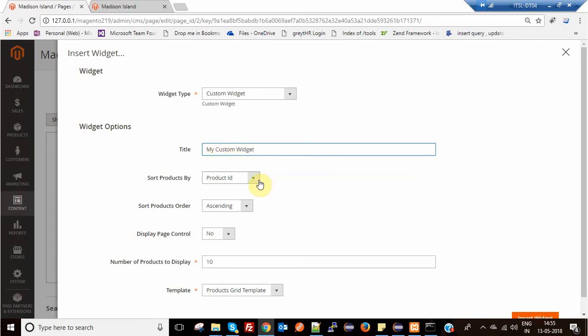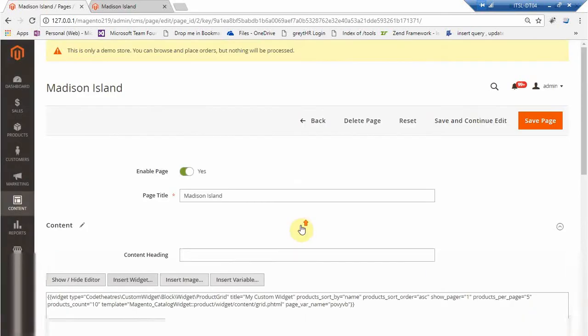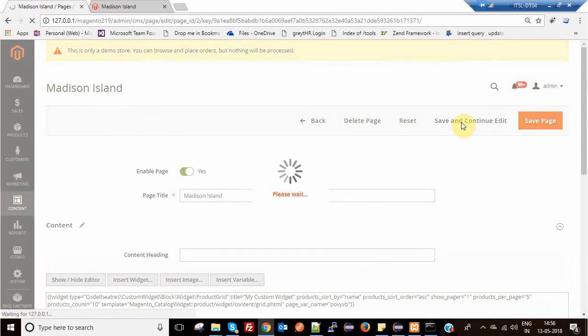So this is the name of that particular section, and I've told you that by default the ID has been selected, sort products by. Let's say I'm doing it by product name, and the order that I've selected is ascending order. I want to display the page control. If I select it, it will give me other options. The number of products per page is 5 and the number of products to display is 10. And the template, if you remember, is the products grid template that I'll be using. After giving all those options, you simply click on insert widget. Once that is done, hit save and continue edit,